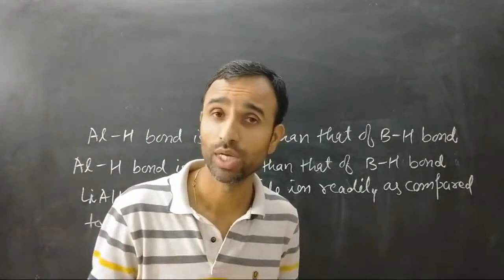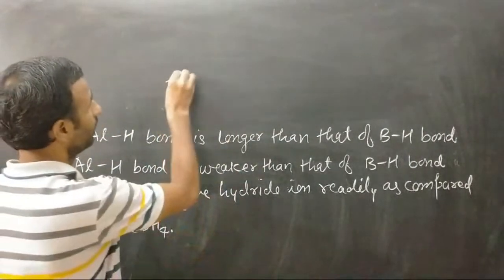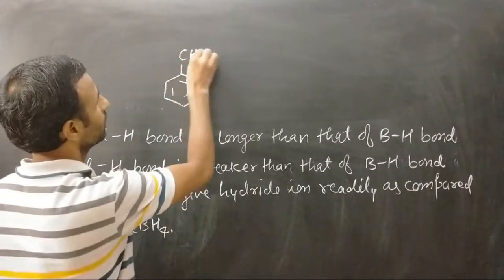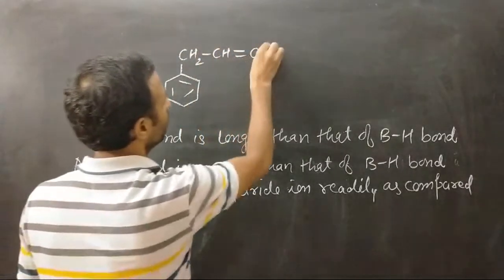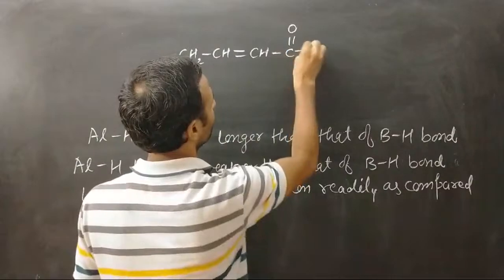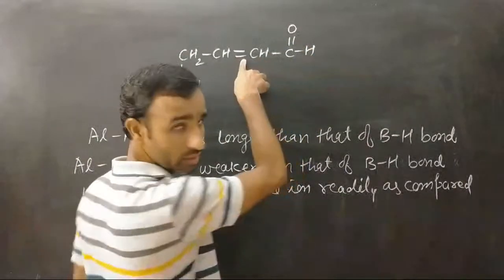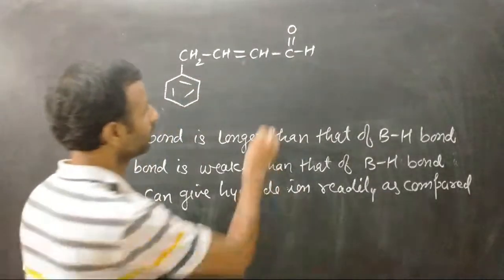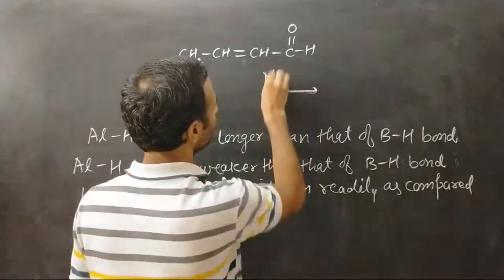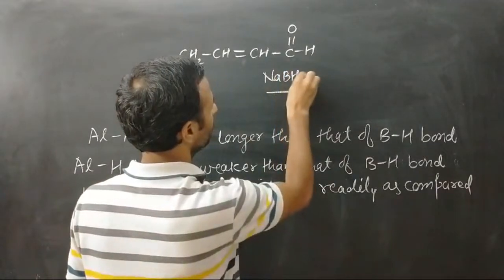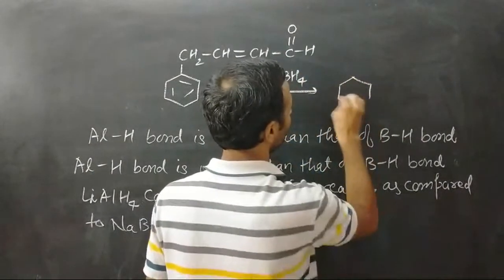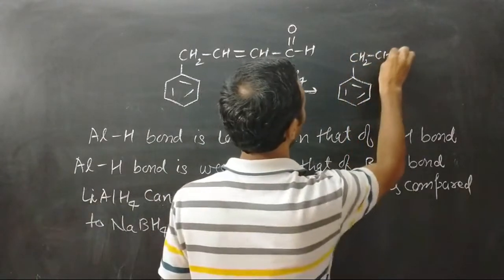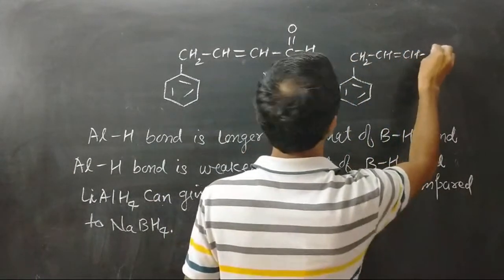Both cannot reduce a double bond, but if the double bond C=C is in conjugation with the carbonyl group, then if we treat it with sodium borohydride, the double bond will not be reduced, only